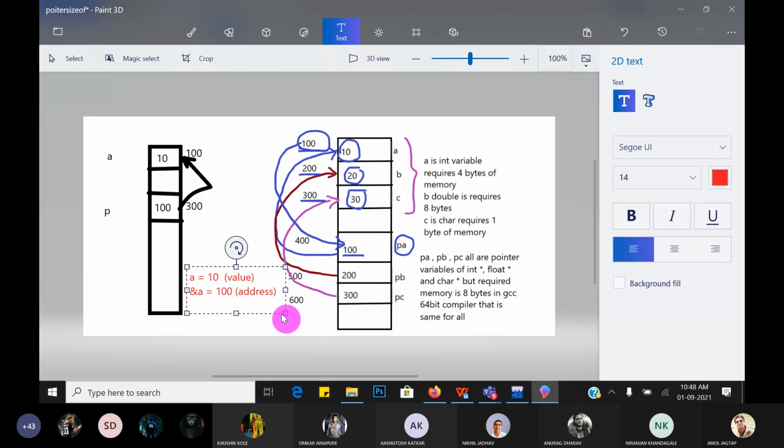Now, value variables have two things only. Just A gives you the value and address of A gives you the address, guys. Now, pointer type variables have three values. So just P means the value inside it, which is an address. What is that? 100. And 100 is what? An address. Next, address of P. P has some address location. What is the address of P? 300. And what is that? It is also an address. Yes, understood.